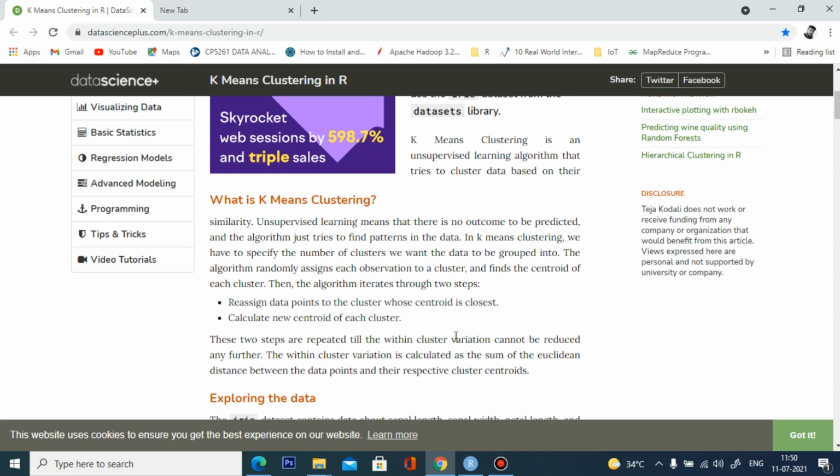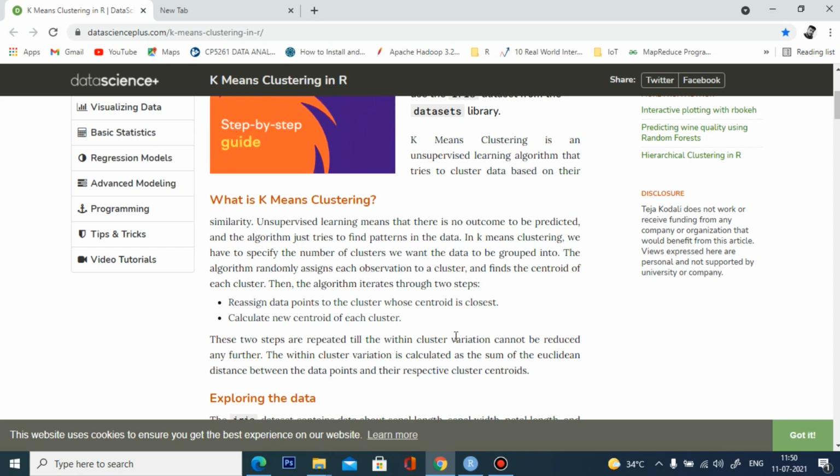So what k-means clustering does is find the pattern in our data and group the data based on that pattern. Here in k-means clustering we give the number of clusters to be split in our data. If the number of clusters is equal to 2, then k-means separates our data into 2 clusters.